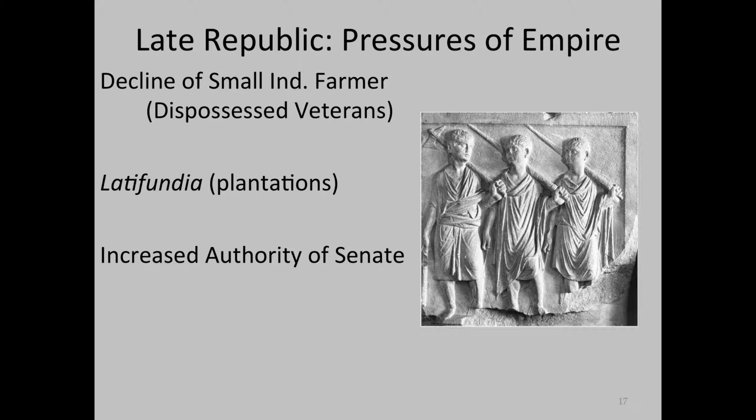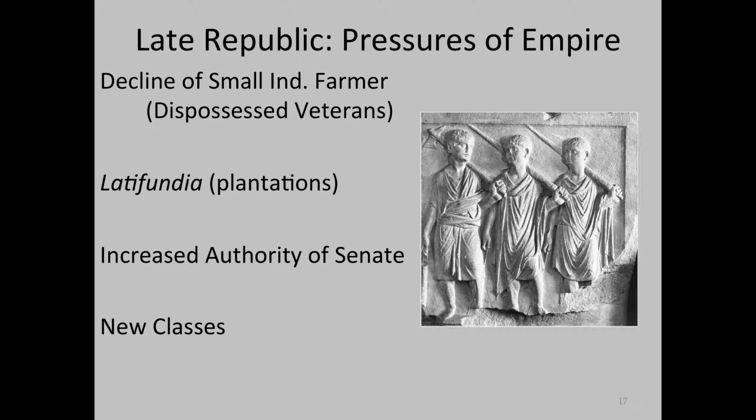Now, there were tensions within the Senate. There was still a tremendous amount of social tensions. Plebeians do have access to the Senate and all other political offices, but non-traditional, non-patrician families were still looked down upon socially in the Senate. So that's something to keep in mind. Increasingly, there is an influx of new classes in the political system that weren't really a part of the traditional Roman way of doing things.